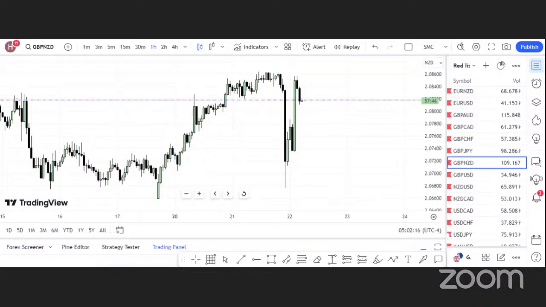So as usual, we're going to be analyzing the market, and we'll be looking for signal and entry opportunities. So when I get an entry opportunity, I'm going to provide the signal for everyone to anticipate.